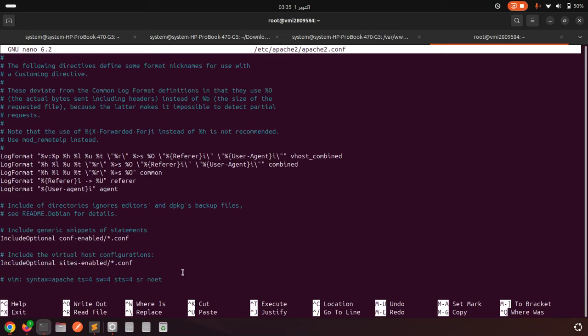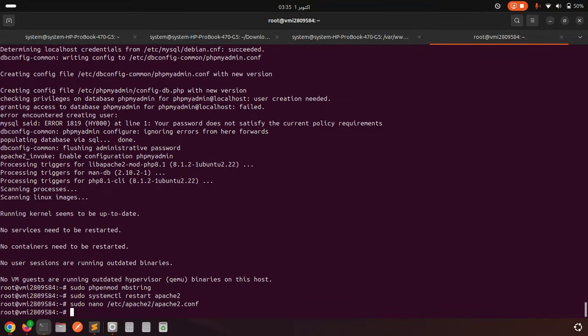Go to the bottom of that file and write Include /etc/phpmyadmin/apache.conf and press enter. Press Ctrl O and enter to save the file and Ctrl X to exit.